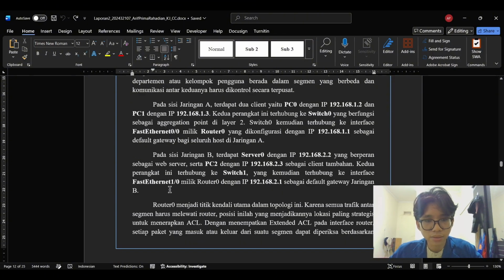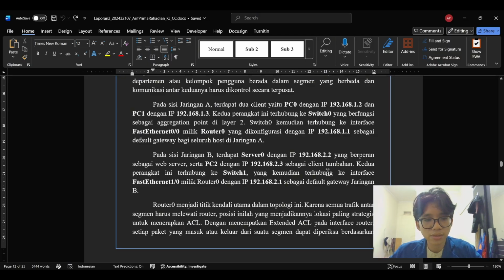And then the second segment is Network B, using the subnet 192.168.2.0 with prefix /24. The segment contains Server 0 with the IP address 192.168.2.2, which acts as a web server, and then PC2 with the IP address 192.168.2.3 as an additional client.